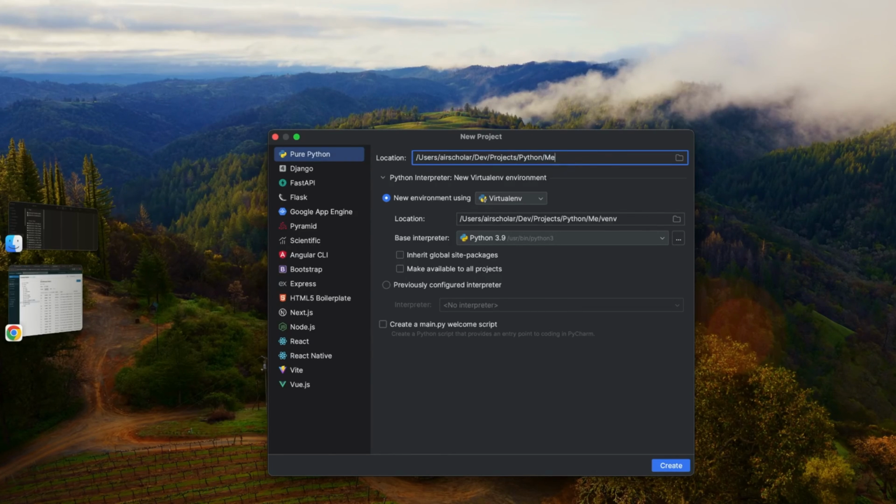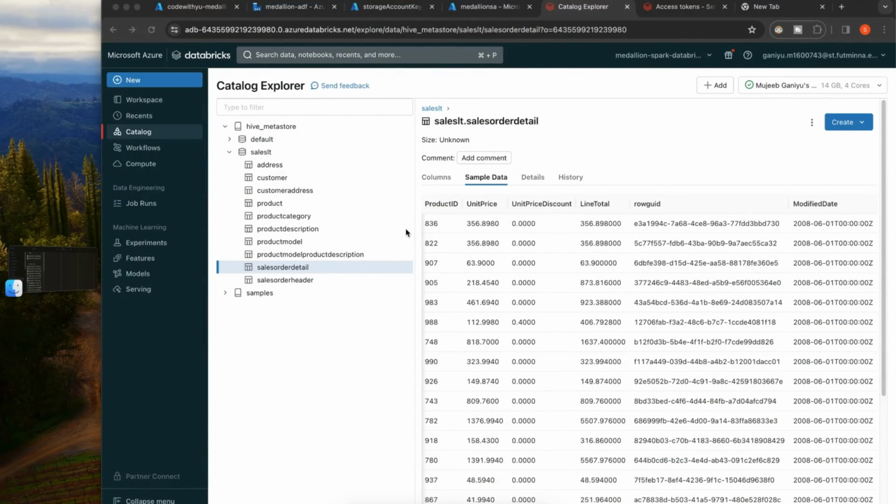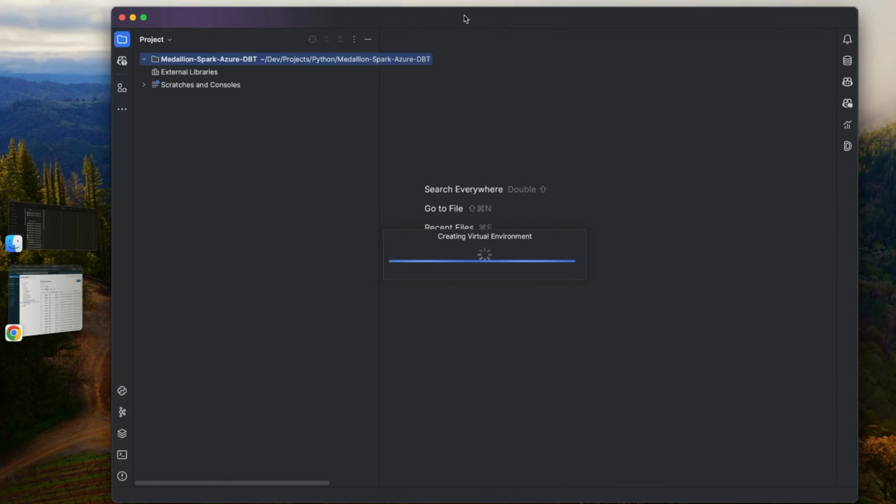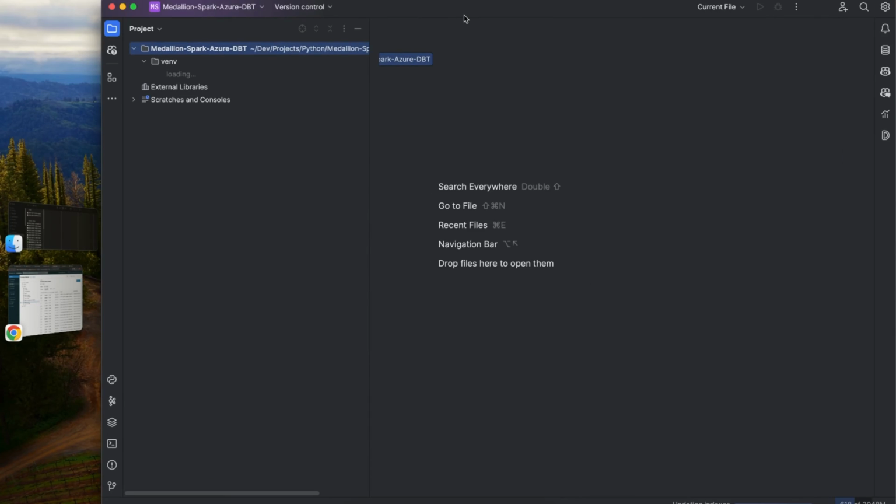Okay, so right now we stick to the medallion. I'll call this project Spark Azure DBT. Maybe there's no need for Azure, but who cares? I'll just leave it at that. I'm using Python 3.9 anyway, so if you want to use the same thing, you should be using Python 3.9 as your